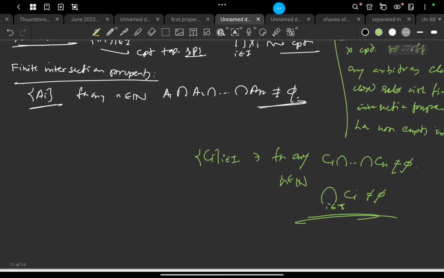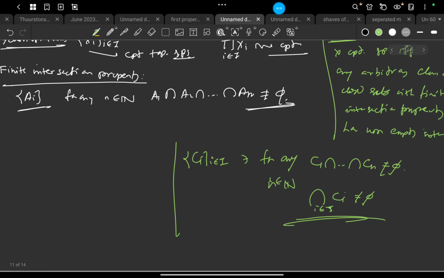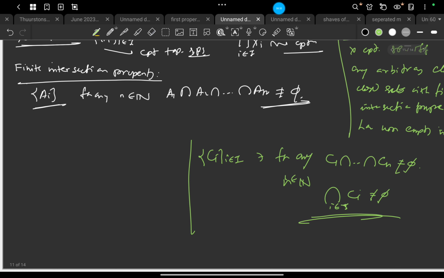That is the contrapositive. But what about the converse statement? The converse is also very easy. Suppose we consider an arbitrary class of closed subsets such that the entire intersection over i in I of C_i is empty.